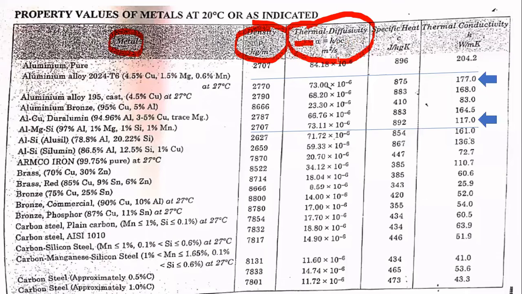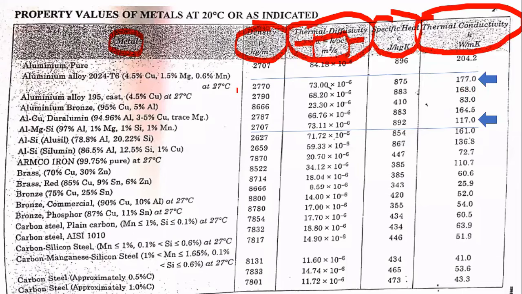So in case a question comes in the exam that asks you to define thermal diffusivity, here you have the formula for thermal diffusivity. Seeing the formula, you can recall what thermal diffusivity was. Again, the next column is for specific heat capacity, and the last one is for thermal conductivity. Here I have highlighted two different materials. The first material is aluminium alloy. The second material is also aluminium alloy, but both have different compositions.